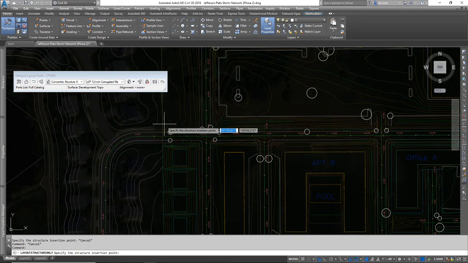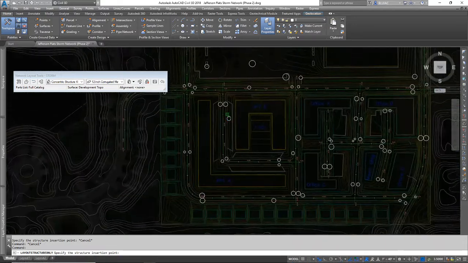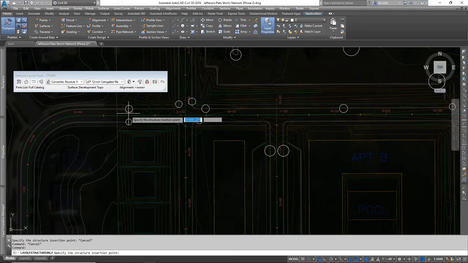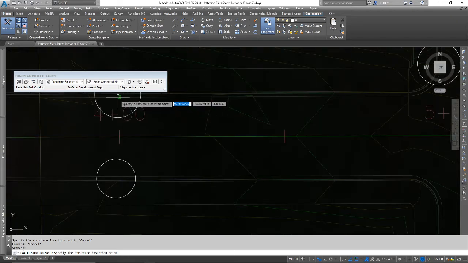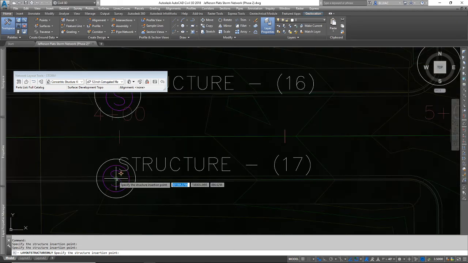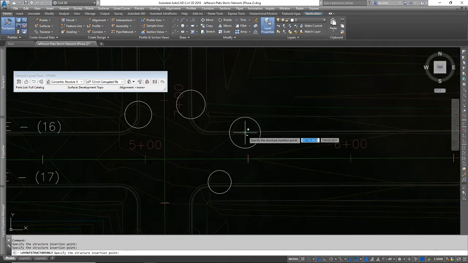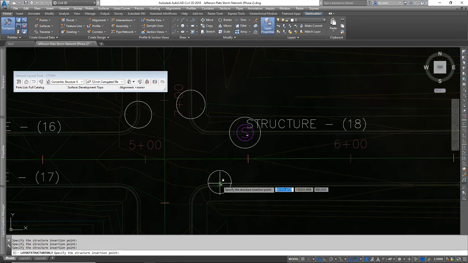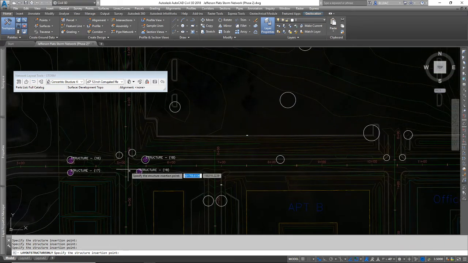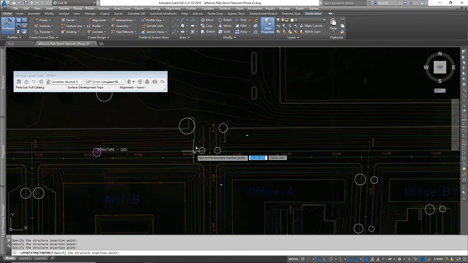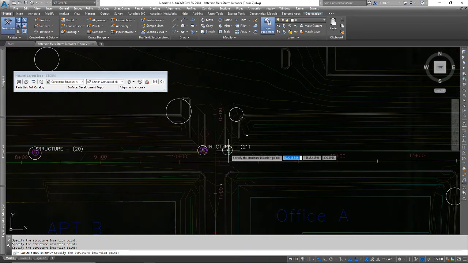So now I am ready to start placing structures in my drawing. Oh, did I freeze? Here we go. Little laggy, but I'm going to start by placing some of these structures here, and notice it's counting up as I place these structures. That's based on the naming style that was selected. And I'm going to just travel along these alignments and sort of in a linear fashion place my structures along these alignments